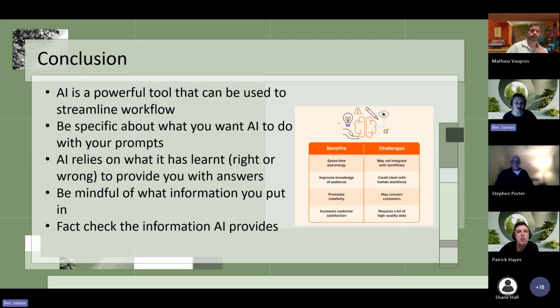Garbage in, garbage out; gold in, gold out. AI relies on what it has learnt in the past, whether those facts are right or wrong, to give you your answers. So it's important that you do your own fact checking. Be mindful about the information that you're putting in to make sure that it's not sensitive, and fact check.